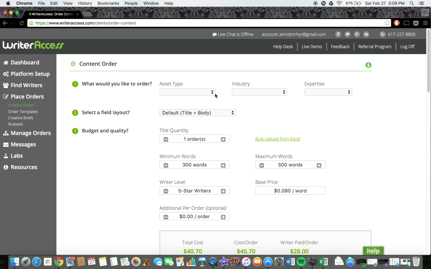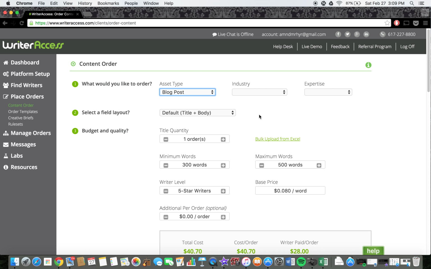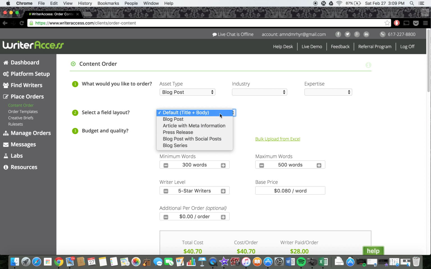Technically a blog series is multiple blogs, but we want them all to be written by the same writer so we get consistent voice and tone across all of the blogs. So you're still going to pick your blog post as your asset type. You'll still pick your industry, your expertise, but here on this field layout, which we haven't really done anything with so far, instead of leaving it at default or as blog post, you're going to pick this field layout called